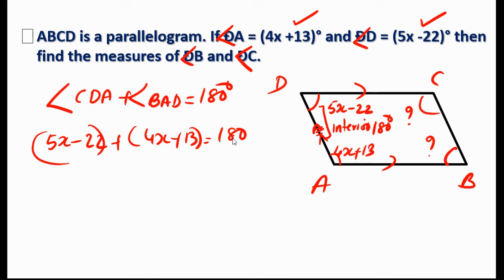Understood? I leave the remaining to you because it is only a matter of adding 5x, 4x, subtracting the negative ones, and you will get x, and x you will substitute and you will get the answer. I don't want to treat you like a small child who is learning addition and subtraction now. Okay, you will find out x and you will substitute x in one of these and you will get the angle. If you got this angle, the same measure here. If you got this angle, same measure here. Okay, let me go ahead.